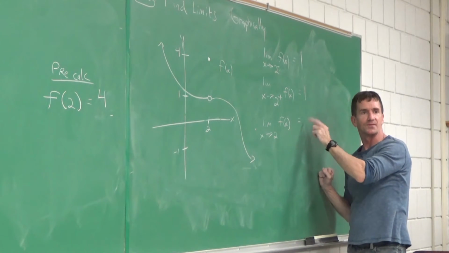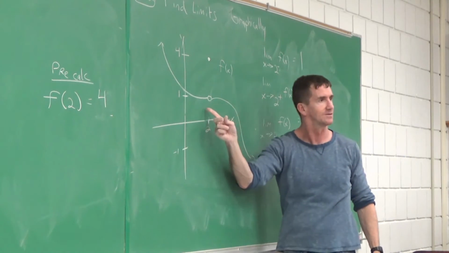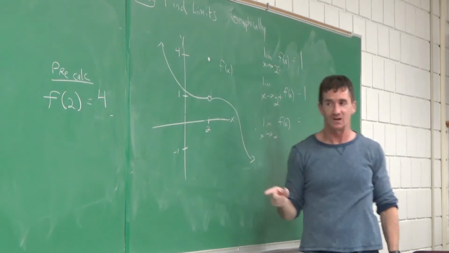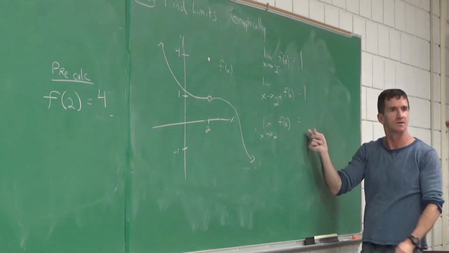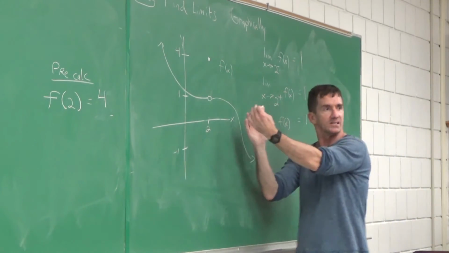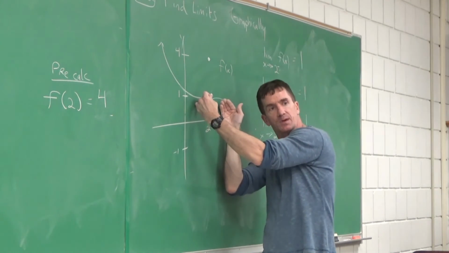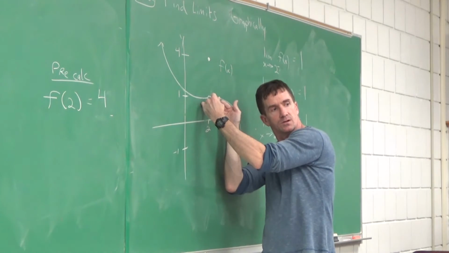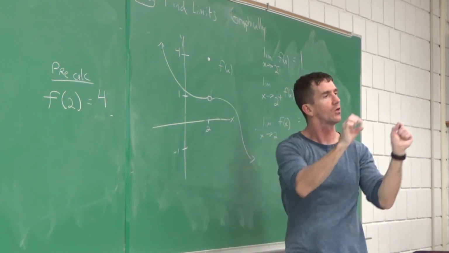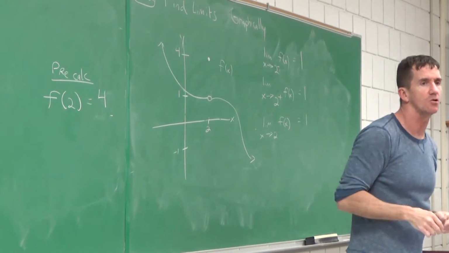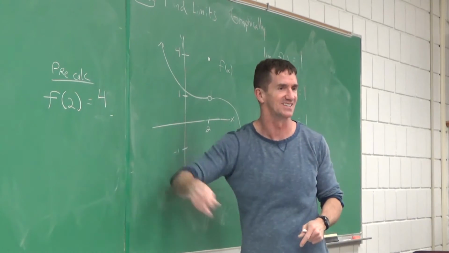See, people get worried about this. They think, oh, I should put D and E here, because they see a hole here. But no, no, no. What's this answer? By this theorem, if that's a 1, that's a 1. What does this have to be? And we can see it actually. Can you all see this? As you approach 2 from both sides, the function kept getting closer and closer to what? To y value 1. But there's a hole there. It's all in the approach, as infinitely close as possible. Right? This is still a what though? It's still a 4.